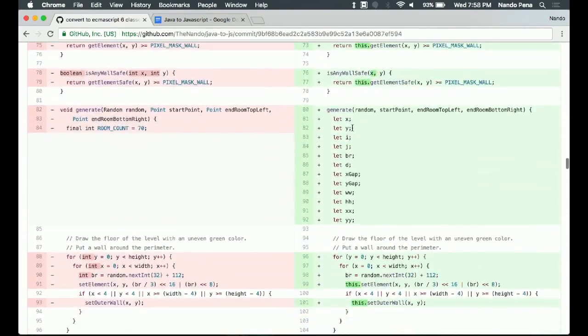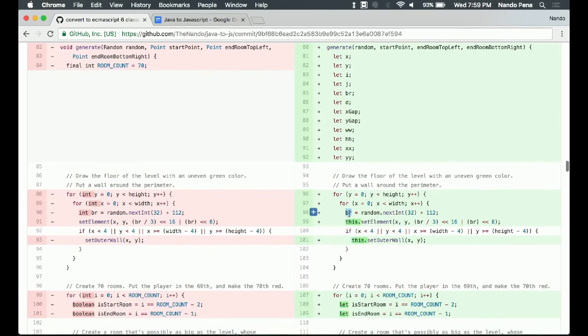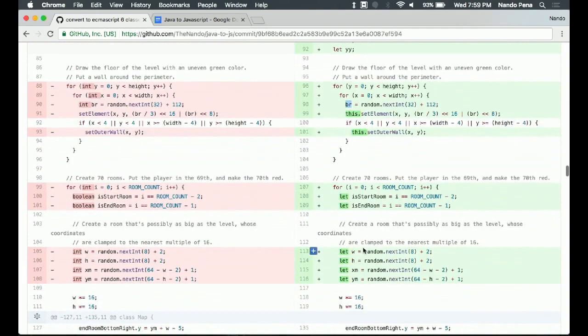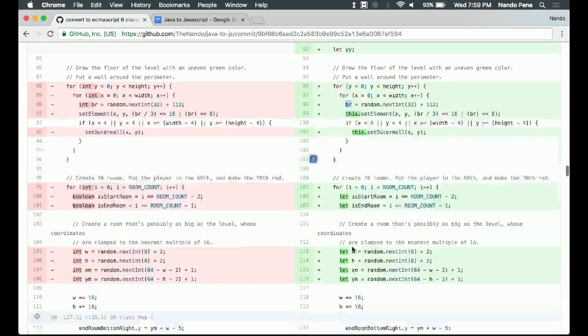But sometimes, like if I'm generating a new map, I'm going to use a lot of variables. So typically what you might see is, here you have a var y and a var x, and then this br only exists inside this loop, so I'd have a var br, and on and on and on. And actually these probably should be brought up too. I think I'm going to do that later on.